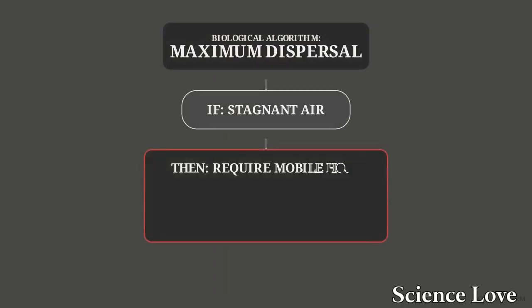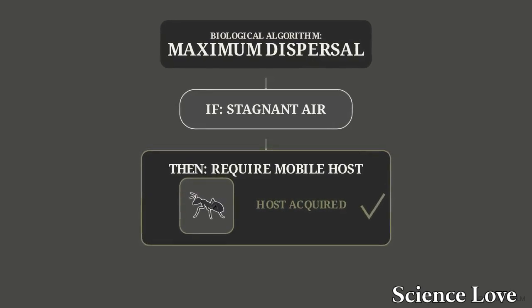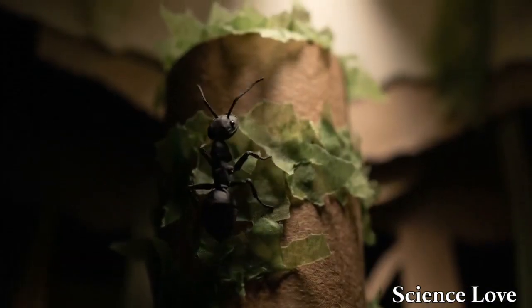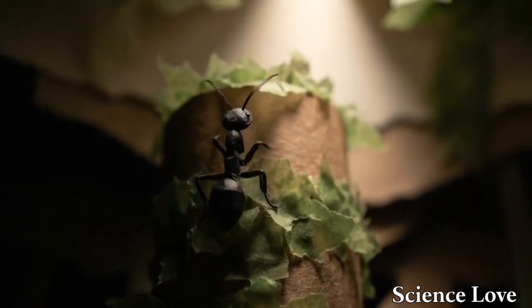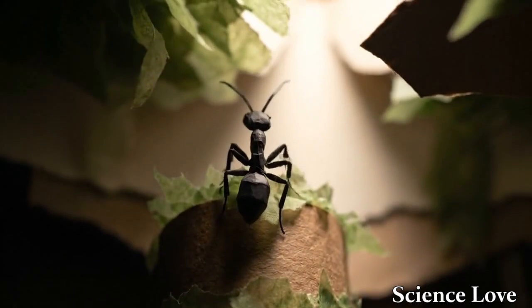This logic tree illustrates how the fungus solves that problem. Lacking a brain, it relies on a biological algorithm to guide its next move. The first requirement, a mobile host, to carry it out of the stagnant air. By utilizing a host, the parasite transitions from a passive spore into an active tactician, systematically overcoming the physical constraints